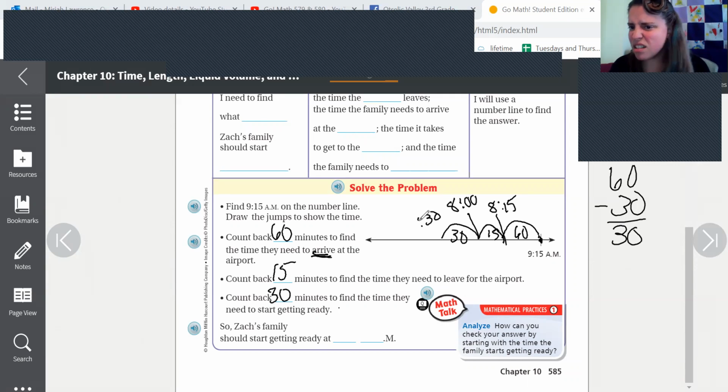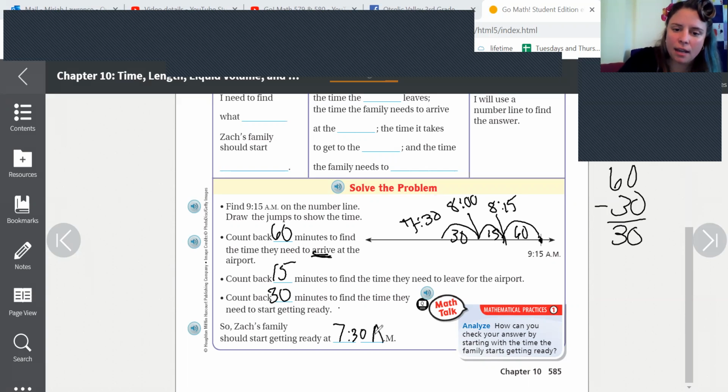5? No, that's 2 before. Is that 3 before? Oh, I need to go 1 before. So 8 minus 1 is 7. So the time is going to be 7:30. So Zach's family should start getting ready at